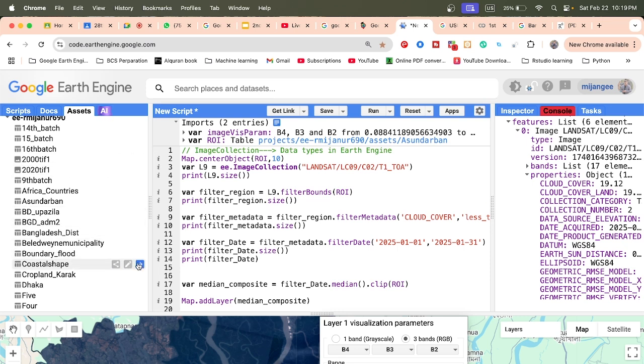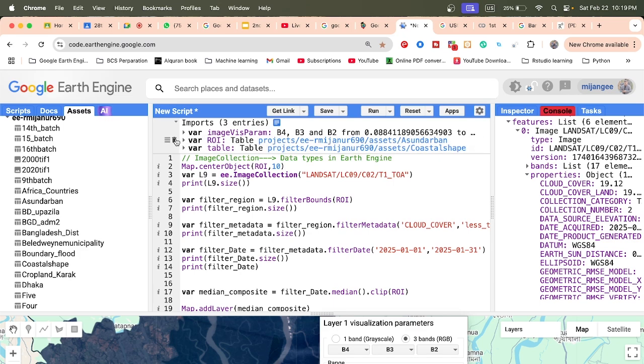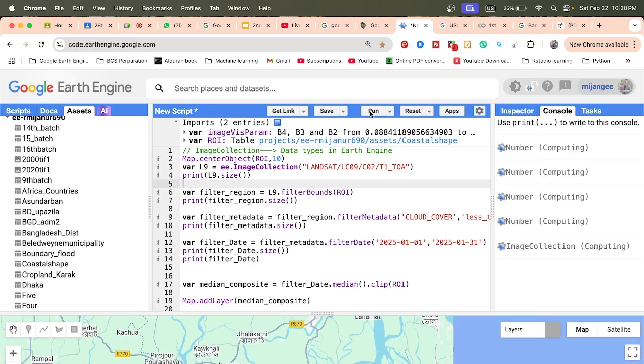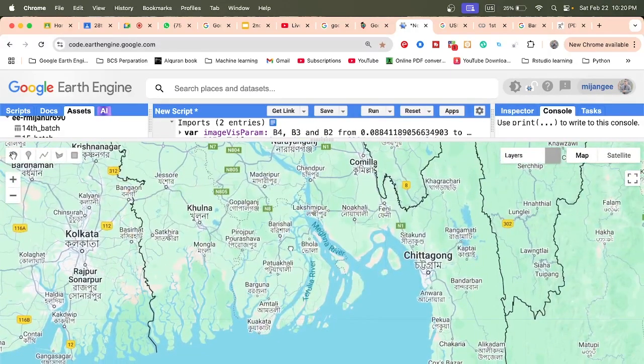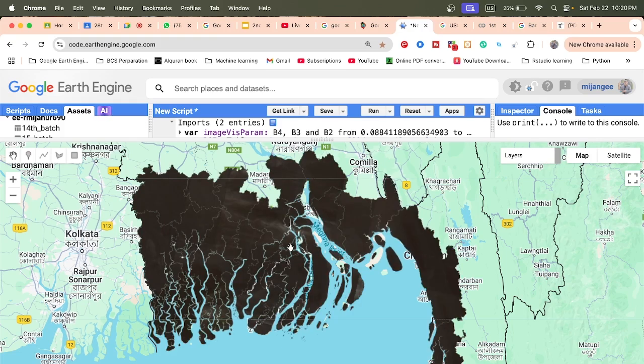Now I open the coastal shape area and remove the previous ROI, and I put the variable name as ROI. So let's check the result for that. Yes, we can see the full coastal land shapefile. Okay, so further you can just click here